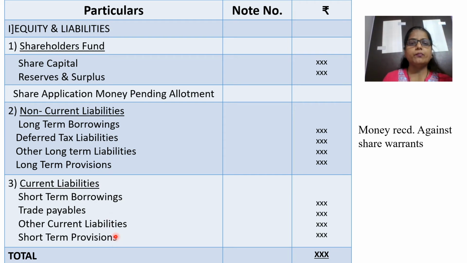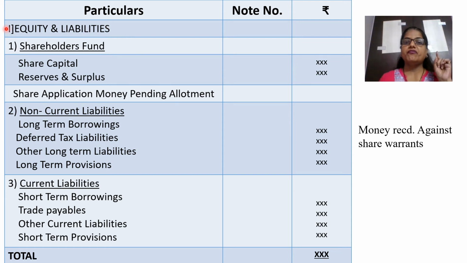And then the short term provision, the provision which is made by the company which is for a shorter period, that is coming under where? Short term provision. तो ये long term किधर आता है? नॉन करंट लाइबिलिटी में. और करंट लाइबिलिटी में कौन सा वर्ड आता है? शॉर्ट टर्म. So just go through this first. Our heading you should remember, very important.